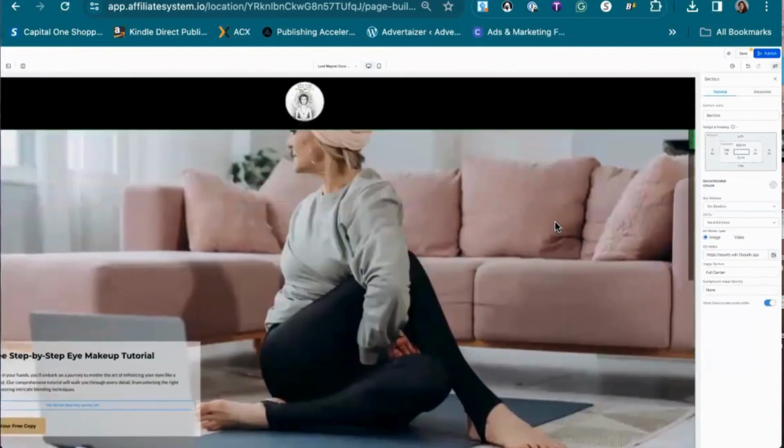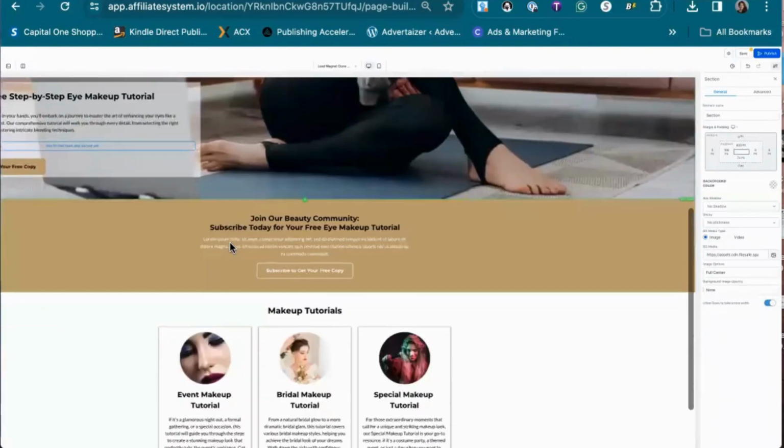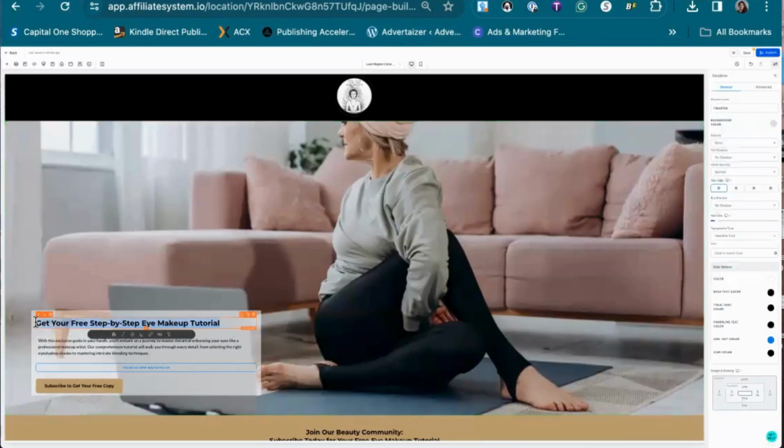Oh, there we go. So it is letting me do that. Okay, let's make this smaller. So we'll leave that for now. And our copy,